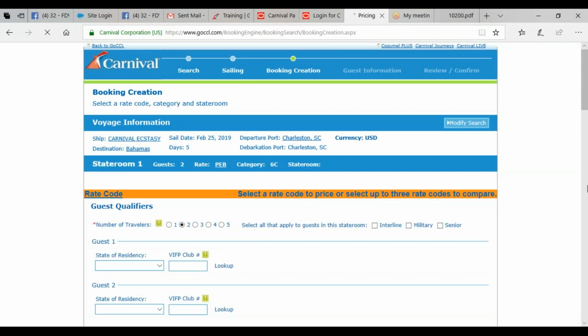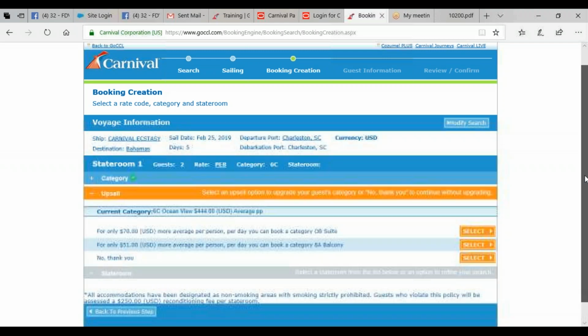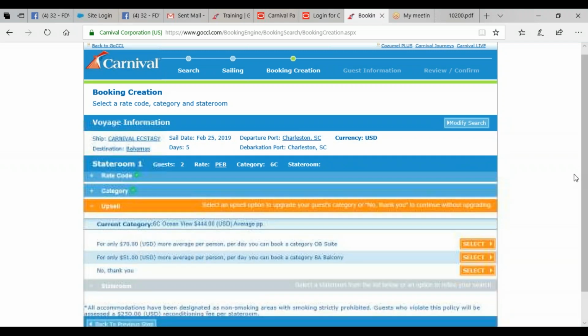All right, so we're going to move on. This is where you enter in the client's information. It's going to give you an opportunity to upsell. So if your client, like mine, was considering ocean view or balcony, not really sure, we can go ahead and say, okay, so here's your price, $444 per person